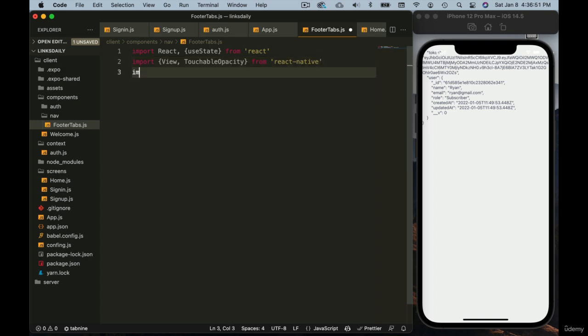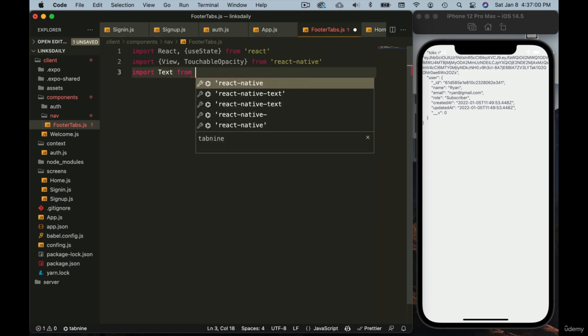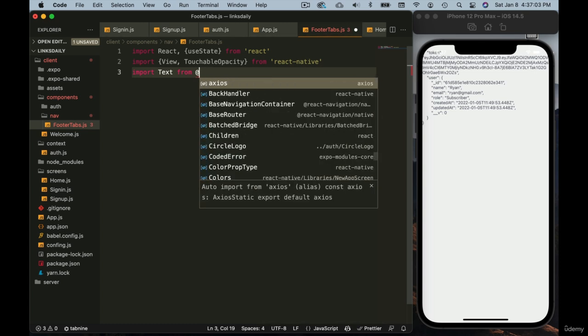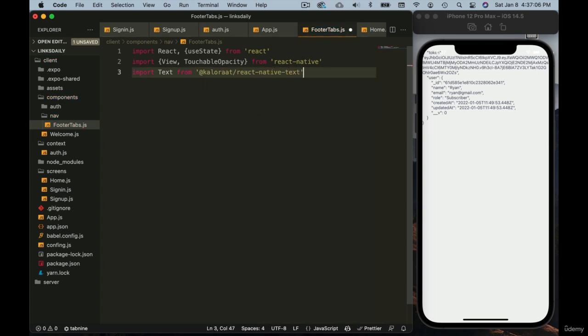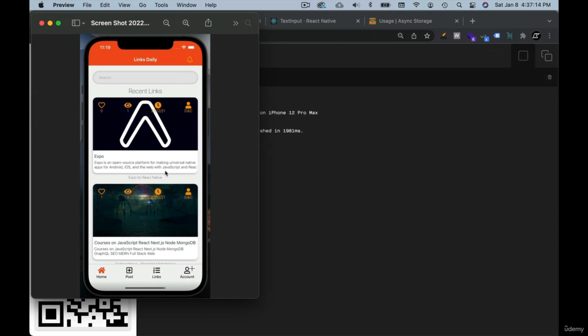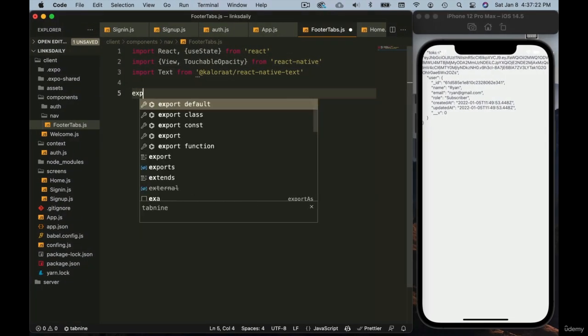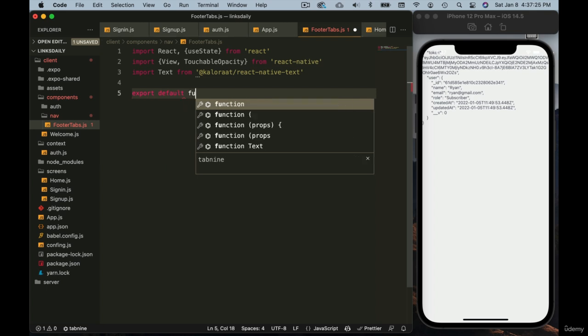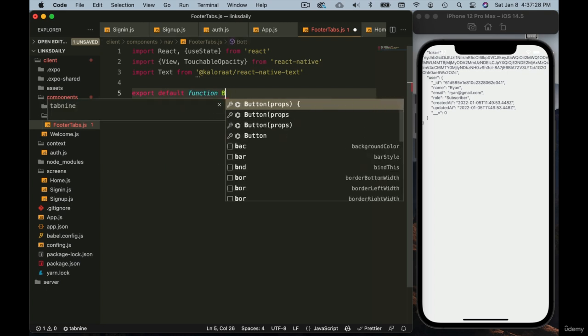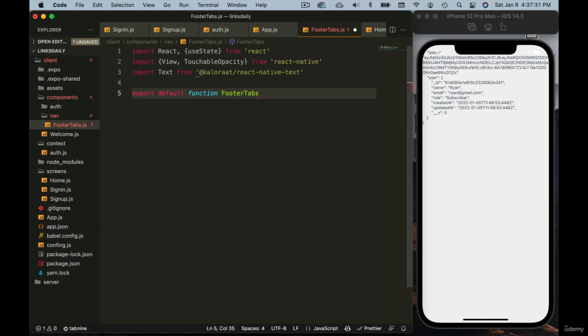Next one, let's import text. We need that for writing anything, so that one we bring from React Native. Text from, and then we want to access the context as well. Based on the context, actually let's wait for that. We might need context, but at the moment let's just wait for that. So we can even do export default from some footer tabs, right? Footer tabs equals to,